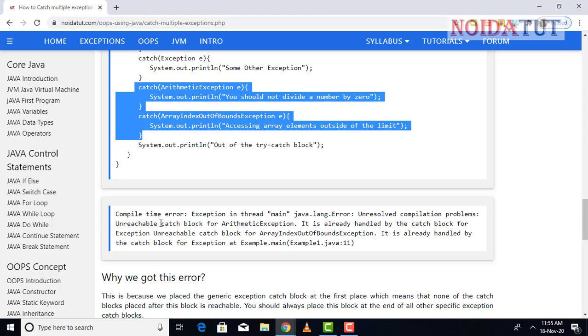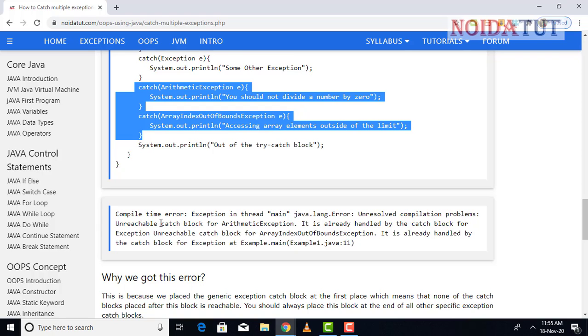I hope everybody understands the main difference between a compile time error and a runtime error. Compile time error shows the syntax error, such type of error which we have discussed now. These sorts of errors come under compile time error.